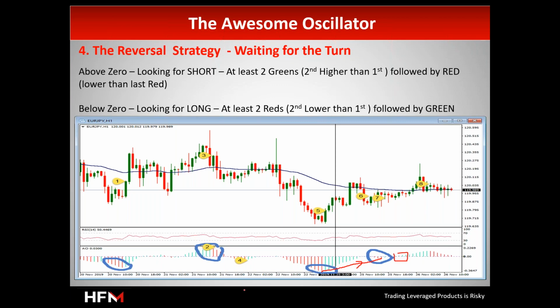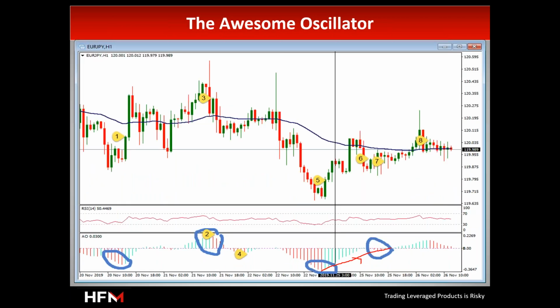This is an hourly chart, and this is what actually happened later. You can see that it topped at 120.27 over here. So if you had spotted something like that and entered as soon as the Awesome Oscillator turned positive, then you could have benefited around, let me measure that, around 32 pips. So not bad, right?